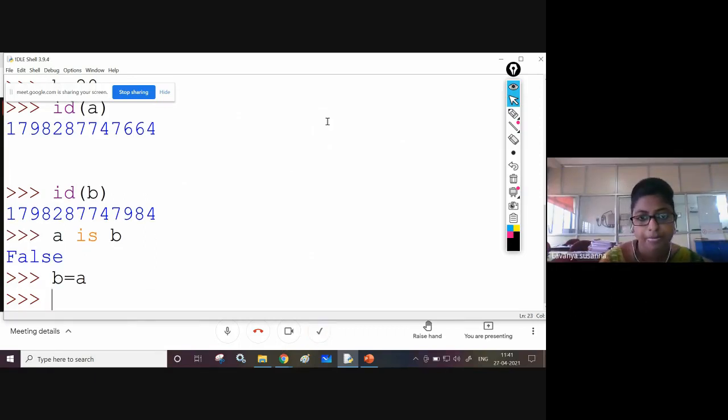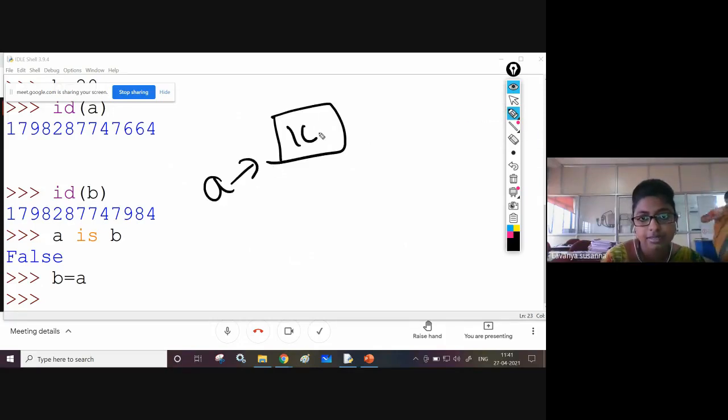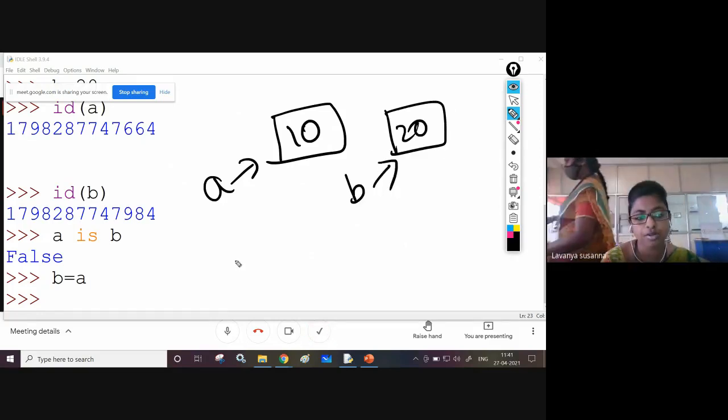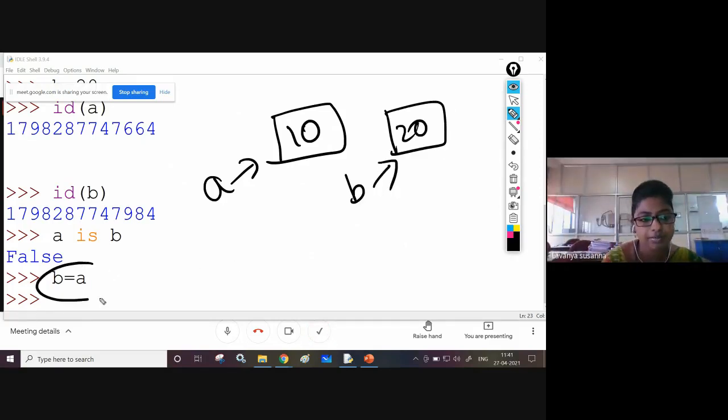See here. A is tagged to 10, right? B is tagged to 20, right? Previously. Now what you are doing is assigning, see this statement, B equal to A.